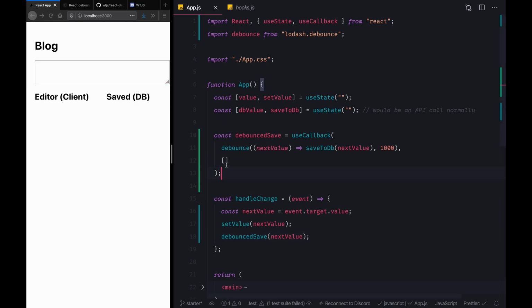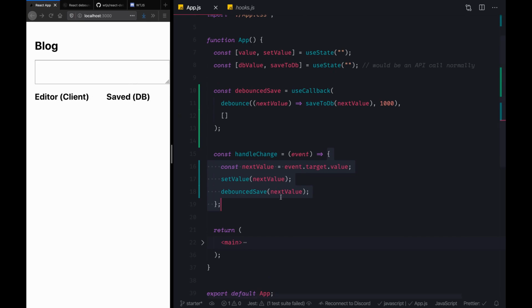And just to review, this debounceSave function is created fresh only once as the component mounts, because that's what we passed in the dependency array. We passed nothing, and because of that, even though handleChange will be created and executed on each and every keystroke, whenever it comes to this line debounceSave, it would refer to the first and foremost value of the debounce callback.